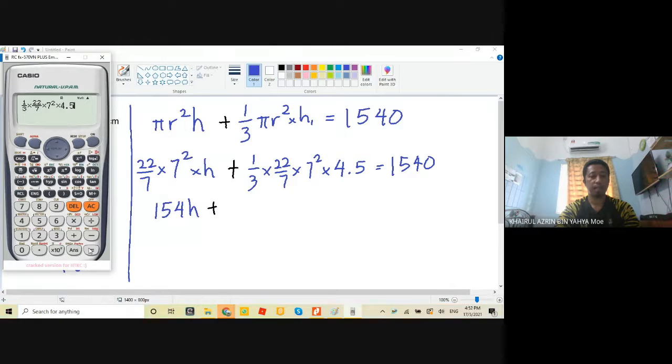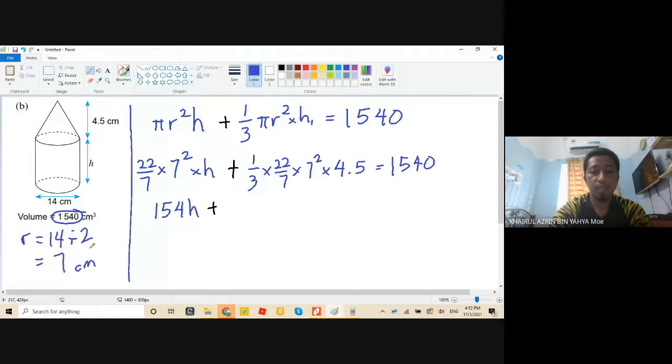Equal. Let me double check. 22/7 times 7 square times 4.5. So 231. And this is equal to